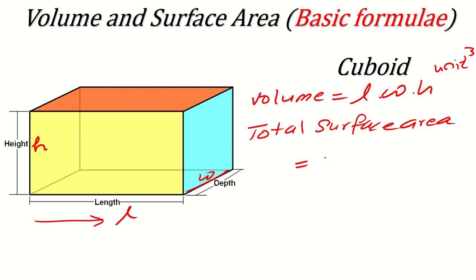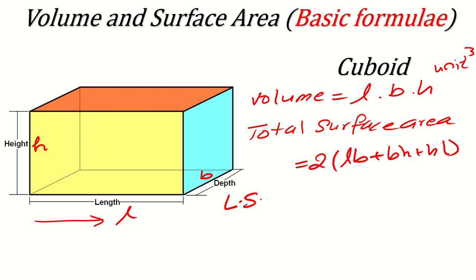So its surface area will be 2 times (LB + BH + HL). Here also I will change B so that I can write it quickly. Okay. Now it is the total surface area, and if you want to find the lateral surface area or side surface